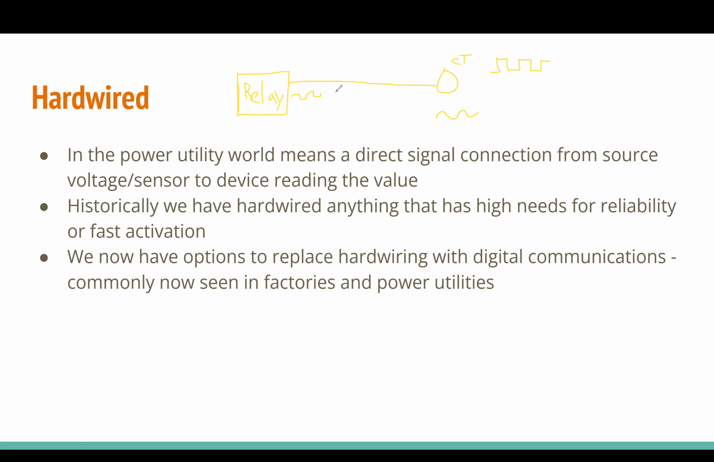But where you can potentially have error with a normal hardwire like this, where you're sending analog information, is that there is always electromagnetic interference on a cable like this. So the longer the cable is, the more your signal is going to drop off. And then